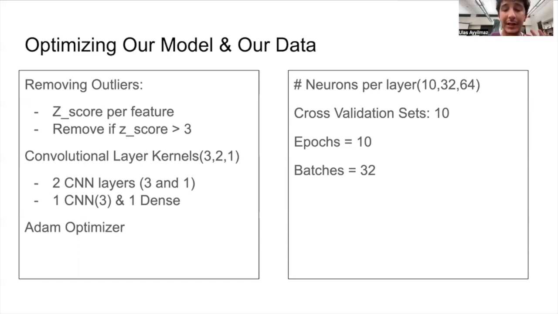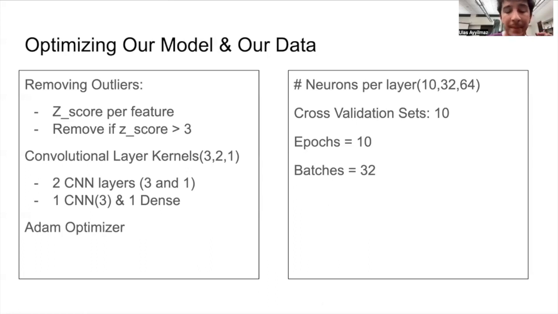And a convolutional layer kernel is essentially a convolutional filter, which is a small matrix that's used for extracting features for the next layer. And we experimented with a couple different layers for convolutional layers as well as dense layers. The optimizer we used is Adam Optimizer. And so we had various different values for how many neurons per layer in dense neural layers, spanning 10, 32,